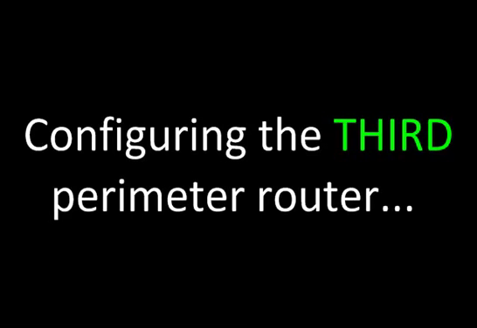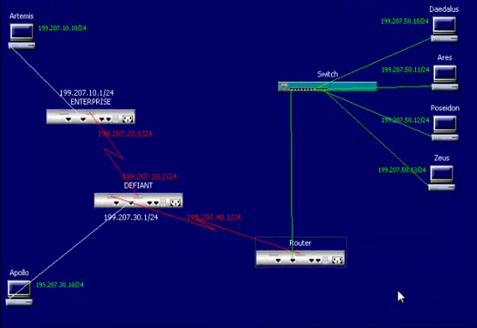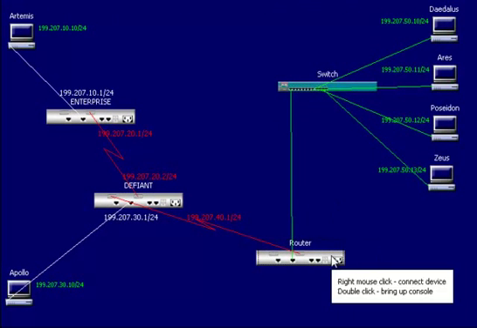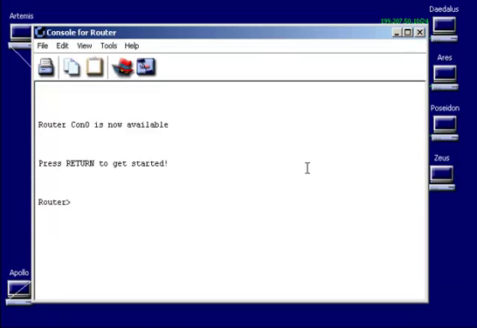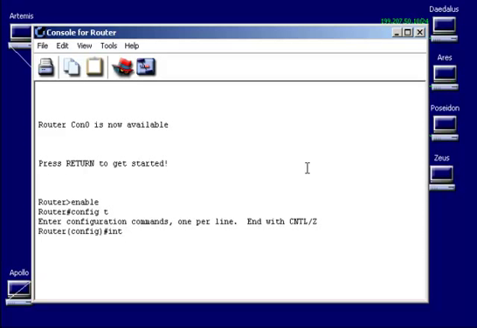Configuring the third perimeter router. And now we're just going to configure our last router, which is also a perimeter router on a stub network. Let's log in, and let's go ahead and go to privilege mode, and let's go ahead and go to global configuration mode, and let's do our interfaces first this time. So the first one we'll do, this time let's do the serial interface, S00,